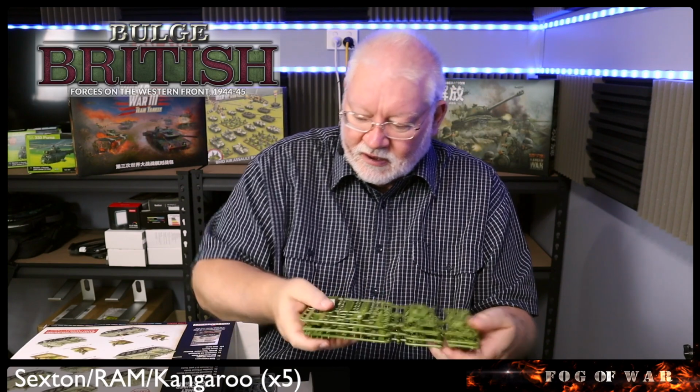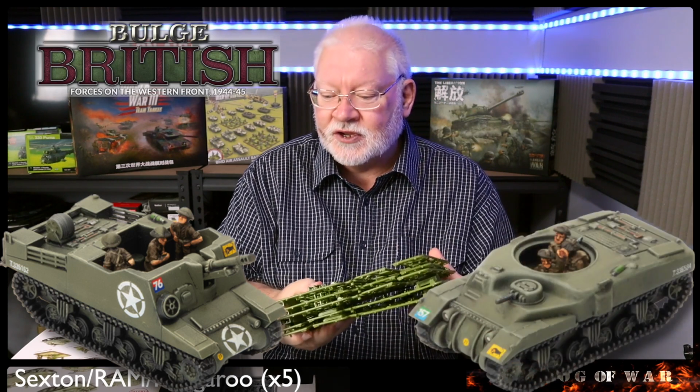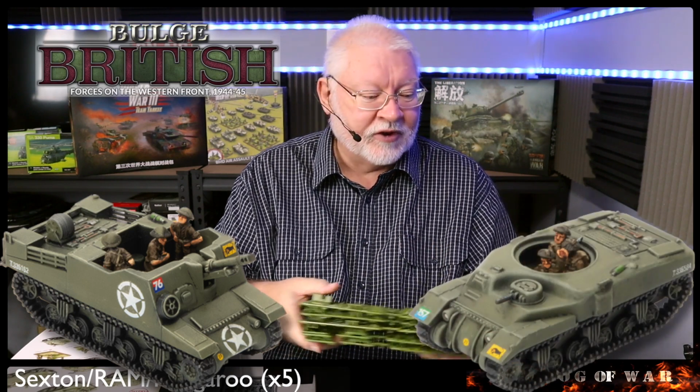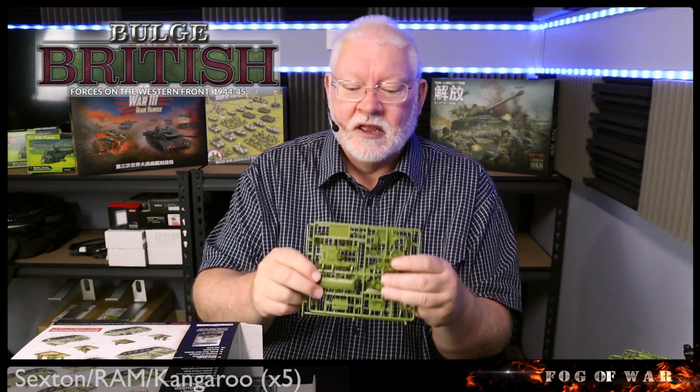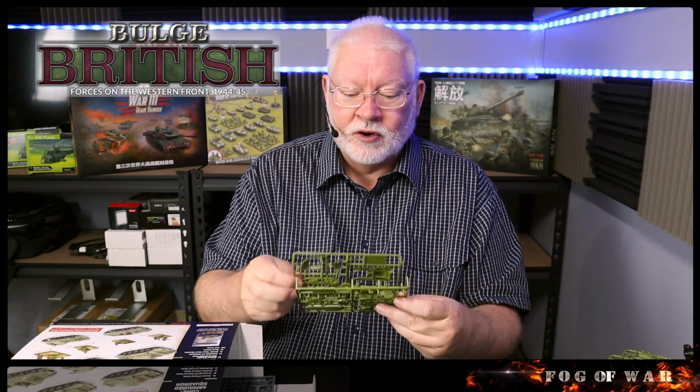Okay, and we get... should be 4 of those. No, 5. So we get 2 of them to use as Sextons, and we get 3 of them to use as Ram Kangaroo transports for the infantry. I will get onto the infantry, but just before we move on, I want to look at this other new